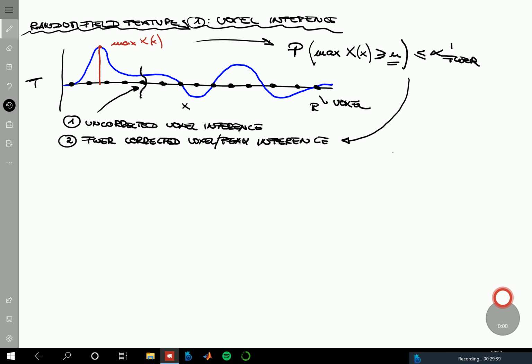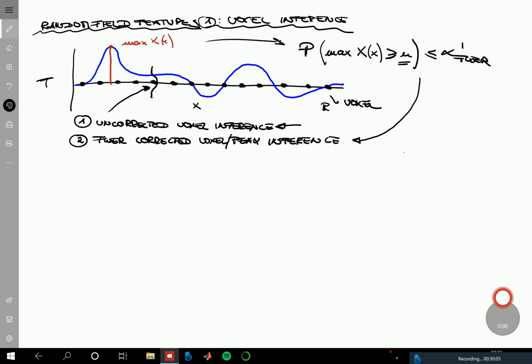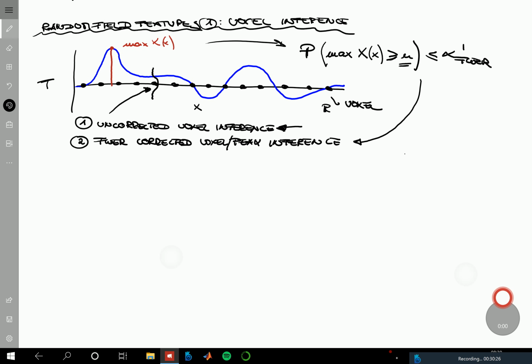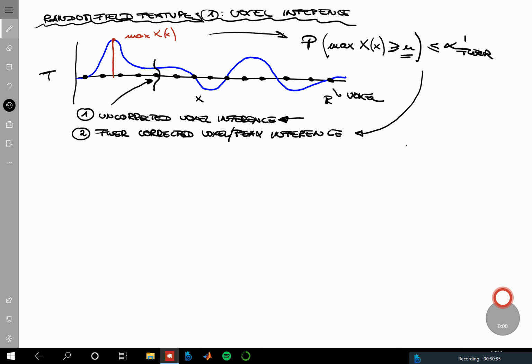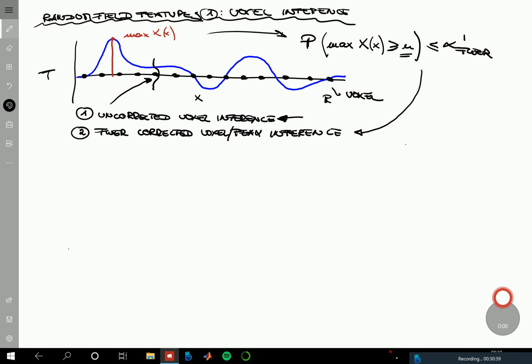So essentially, this uncorrected voxel level inference, nobody takes that seriously. If you have some uncorrected voxel results, that's interesting, you can look at it, but if you try to publish that as an important result, people will say, that's uncorrected voxel inference, this is not very significant. So you should correct for the number of tests. If you publish family-wise corrected voxel peak inference, this will be respected. The thing is that you are then very specific in your anatomical location. You say at this voxel, this is significant. The problem is you will often not have family-wise error rate corrected significant results. Hence, what people like much more, because it's often more significant,